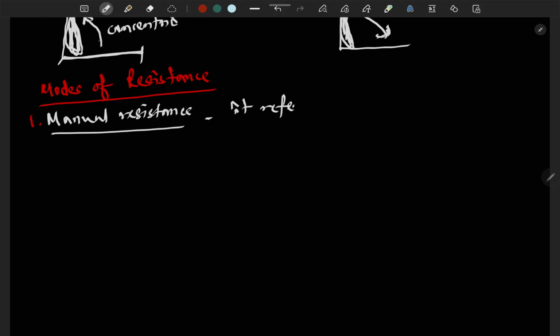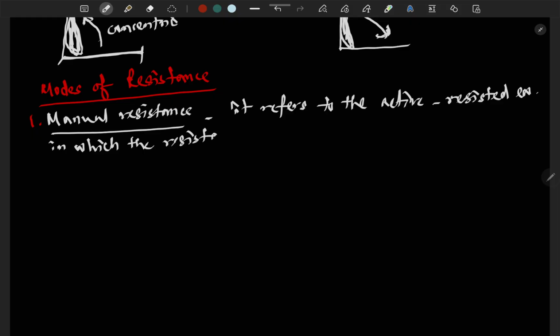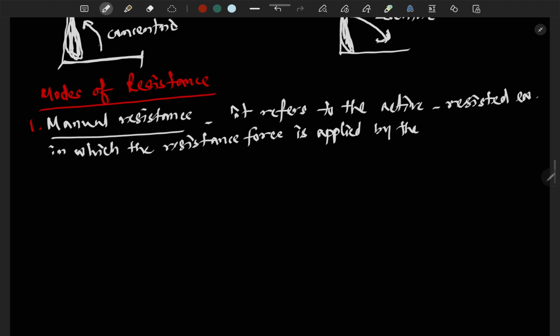It refers to the active resisted exercise in which the resistance force is applied by the physiotherapist. Okay, number two is